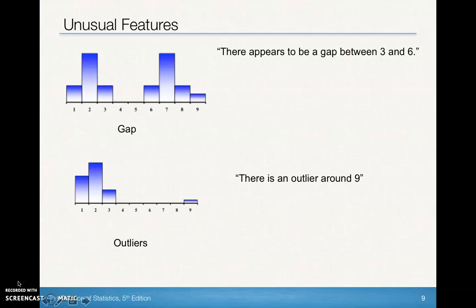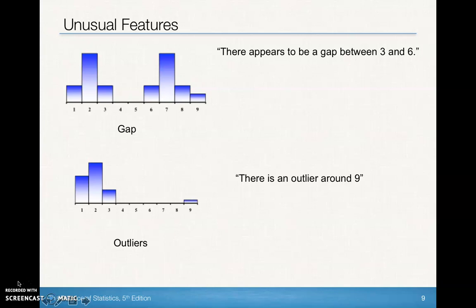It's anything that looks strange about the graph, anything that departs from the normal shape of the graph. So for example, you could have a gap. That's an unusual feature. There appears to be a gap between 3 and 6, or there's an outlier around 9